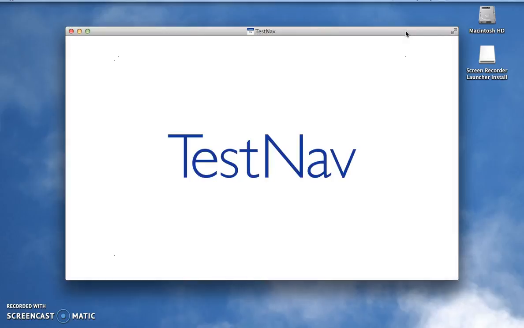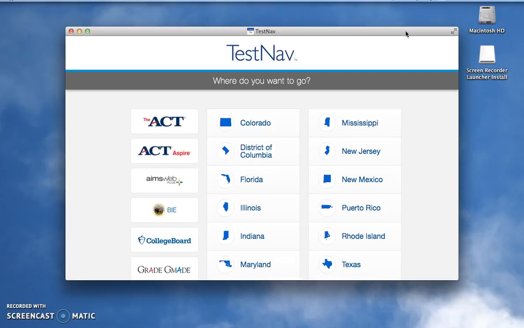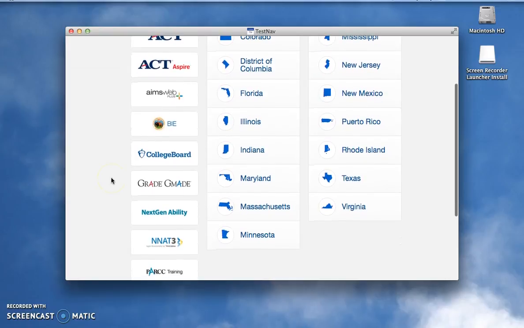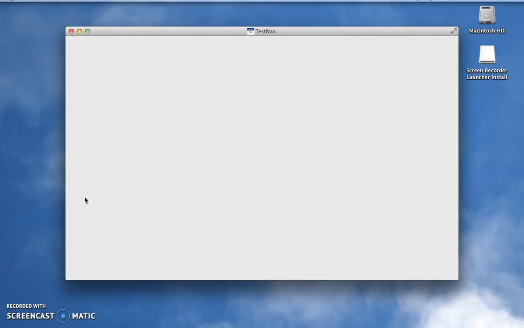And then if it's the first time this program has ever been opened on this computer, which it might be, then it'll give them this whole list of possible programs. And none of them work for us. The only one we need is the one that says grade and GMAID. So if they click on that, it'll take a little bit to load, and then it will send them straight